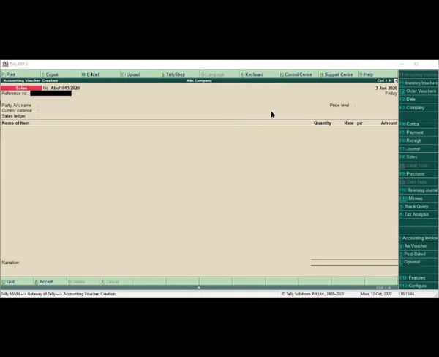As I showed you, you can use that, and while recording the transaction, you can make the changes. Instead of 100, you can mention that in one box there are 50 units. So it will take it automatically. It will take 50 units only.